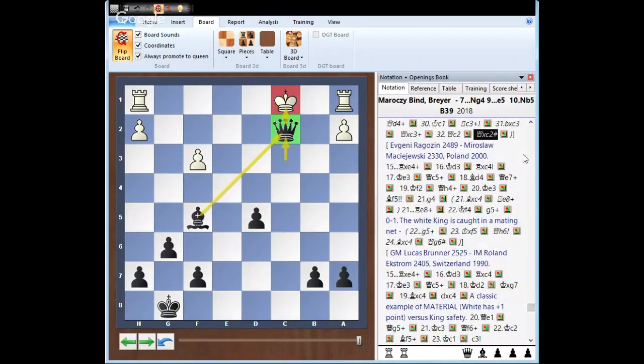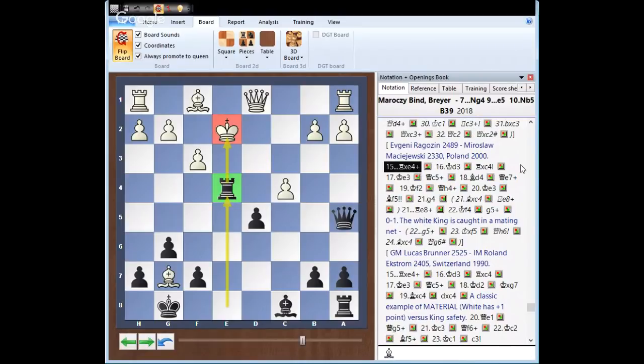Our next game, we'll see a game after rook e4 check, king d3. This is a game Evgeny Rogozin, 2489. Almost 2,500 fell into this. He's playing Miroslav Majewski, rated 2330. This was in Poland, 2003. So some serious FIDE-rated players. Well, black knew his stuff and played rook takes c4,